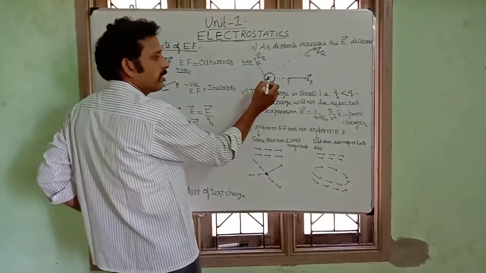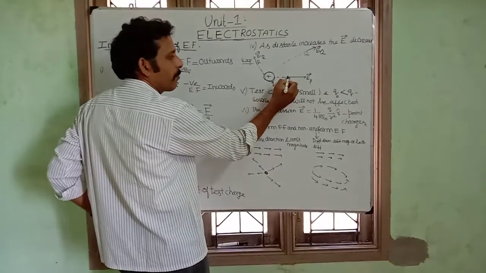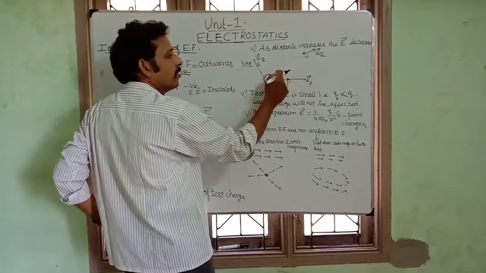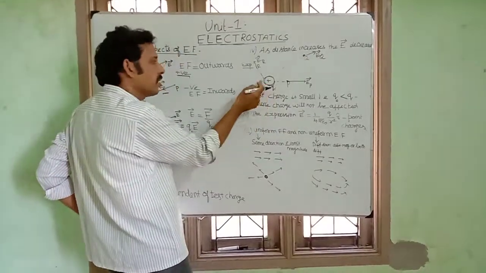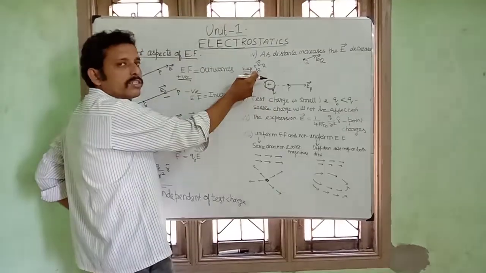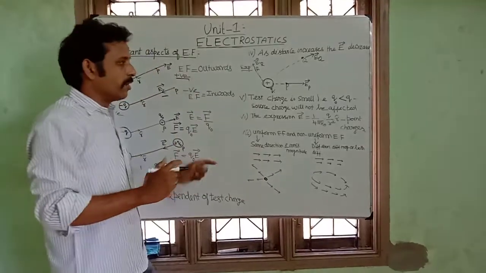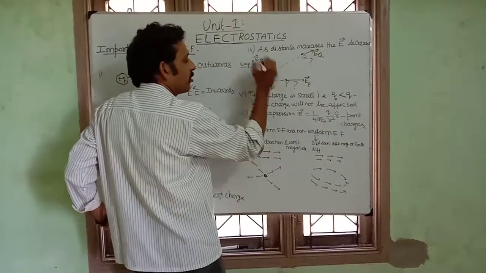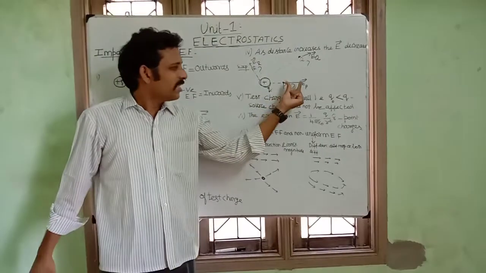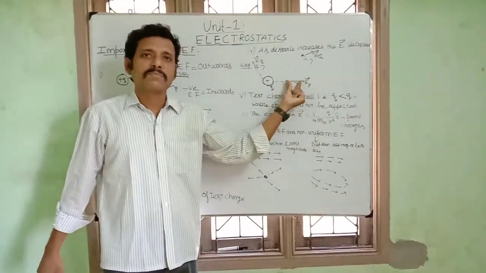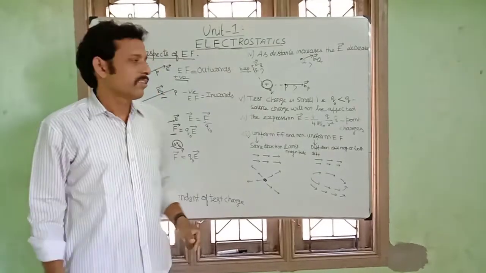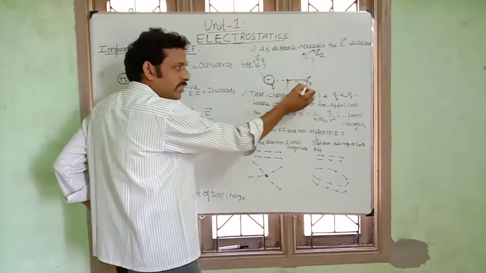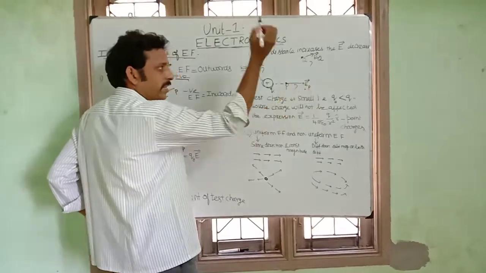So consider this charge Q. Consider one point P nearer to this charge, another point far away from this charge, and another point R somewhat distant from this charge. You calculate the electric field at each point. What is the magnitude of the electric field here? Yes, it is greater. Since the point P is closer to the charge, the electric field E vector P is greater at this point.